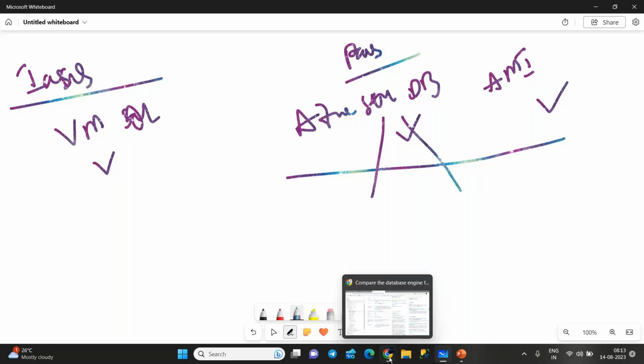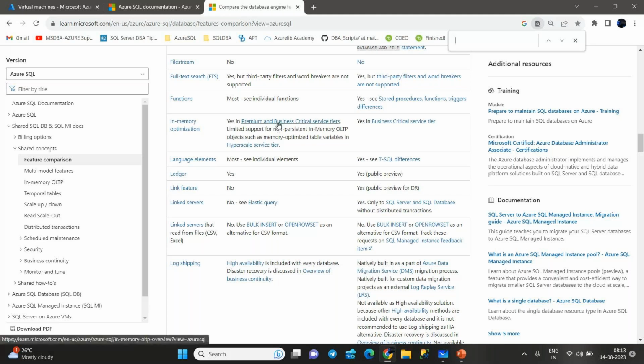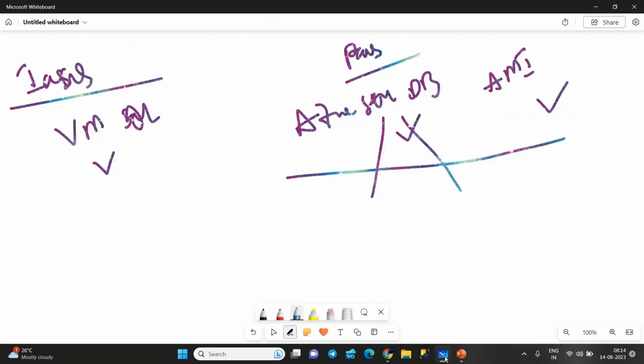So again you will see a little bit of compatibility differences internally. How your Azure VM is deployed, how your MI is deployed, that also comes into the picture. When you are deploying Azure, especially PaaS, there is a new concept you will get: service tier. When you compare with on-premises, you get a concept called service tier. Under which service tier you deployed your Azure SQL Database, under which service tier you deployed your MI, based on that you can compare whether in-memory OLTP is compatible or not. If not compatible, then definitely you need to go for the IaaS platform.